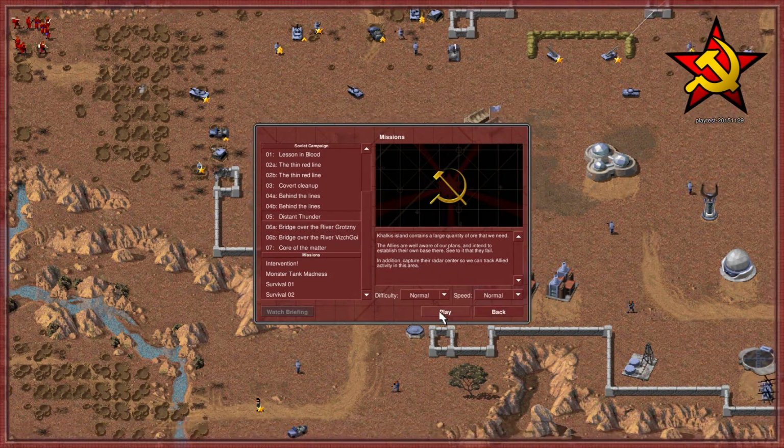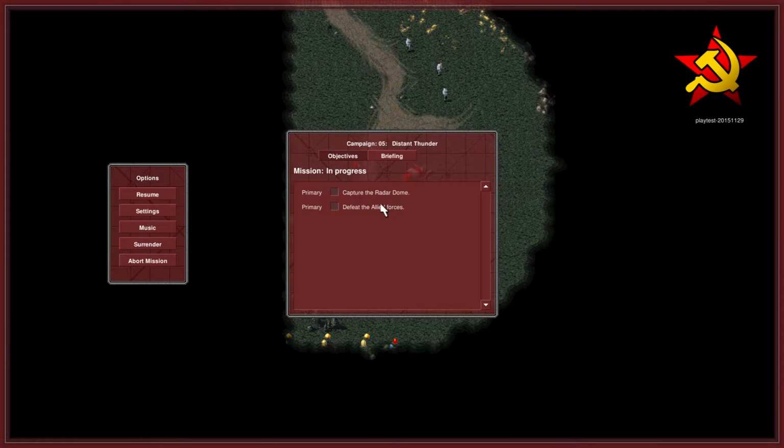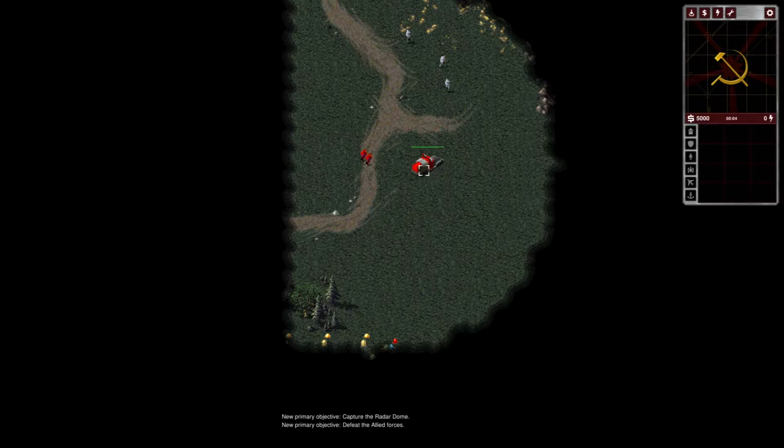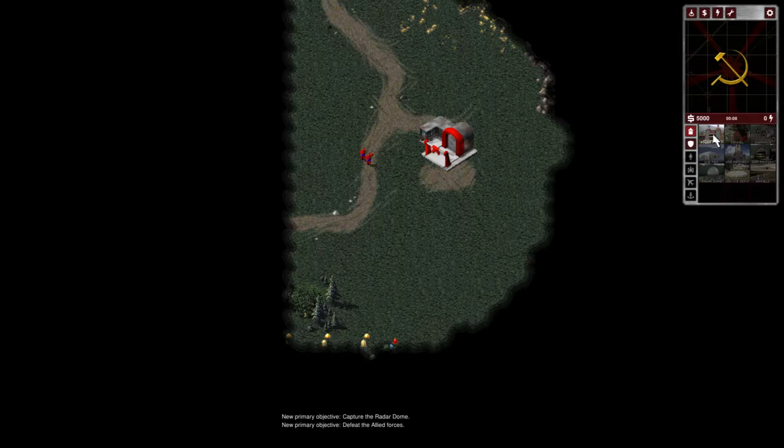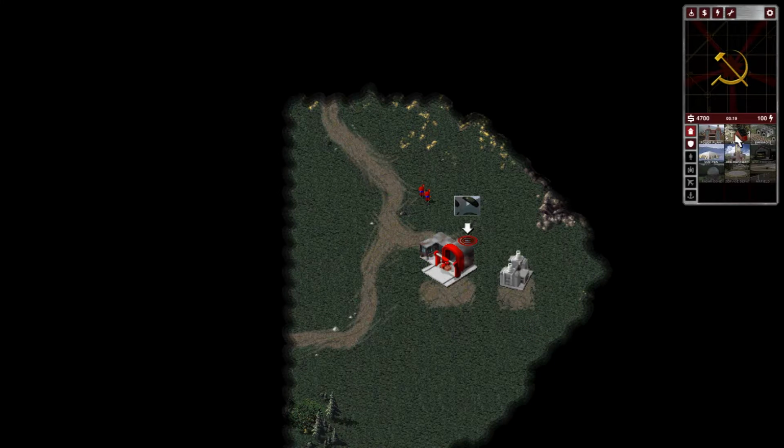That's definitely fail. I don't remember if that's a primary objective or not. Suppose we could very easily check that. It is a primary objective, so. We start with an MCV, obviously, and 2 Grenadiers, which are utterly worthless because they are Grenadiers. We've discussed this previously. What we also start with...